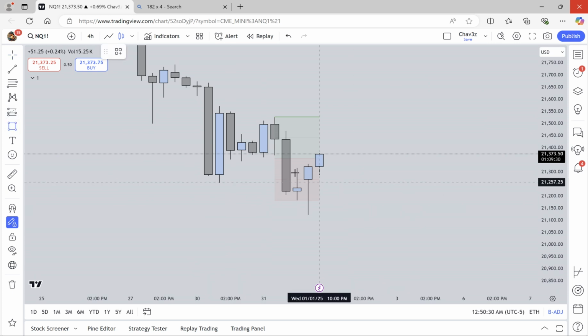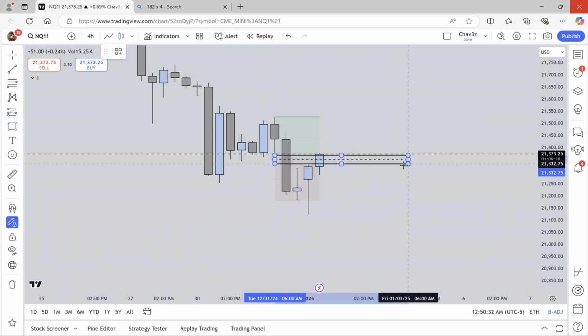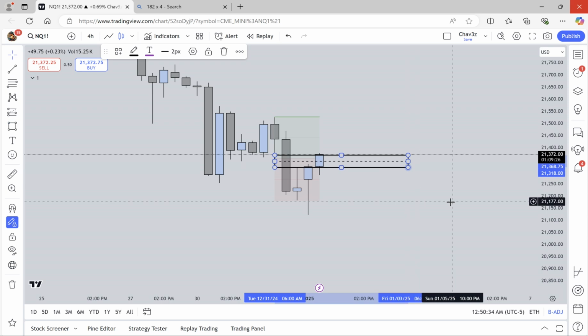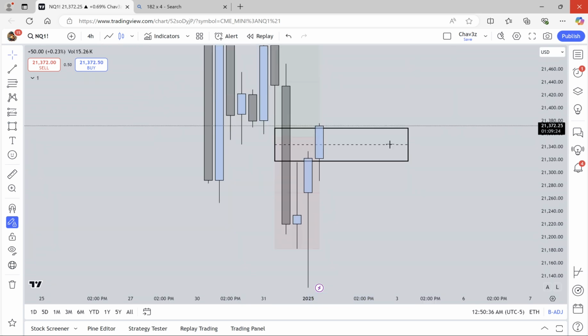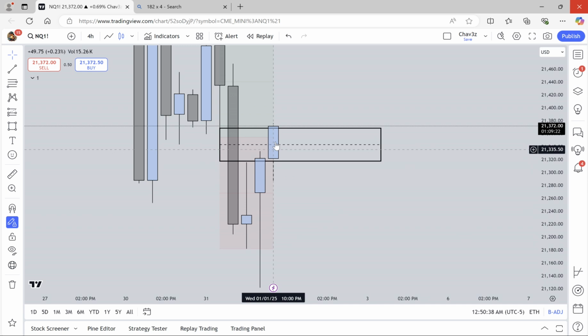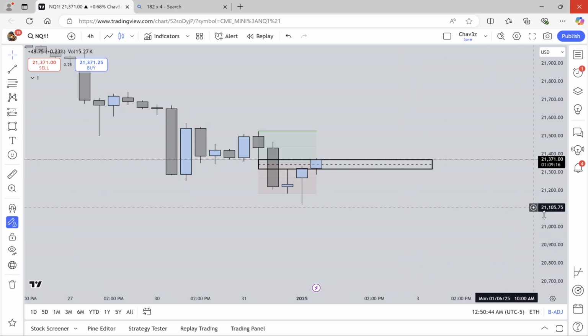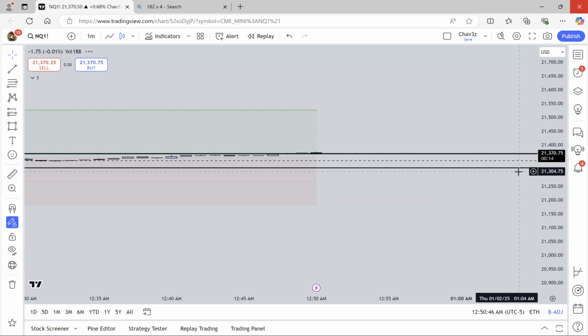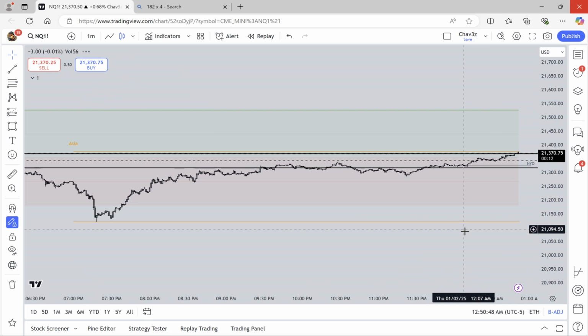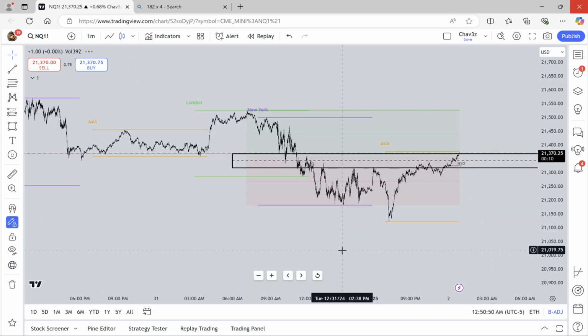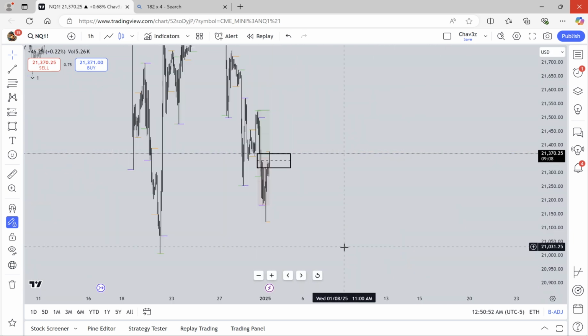Here's that 4 hour PD array we talked about. We still have an hour and 9 minutes on this 4 hour candle. Price can still come all the way back down. But as of now, it's still going and doing what we believe. Right? If we go to the 1 hour, also 1 minute, sorry. If we go to the 1 hour,